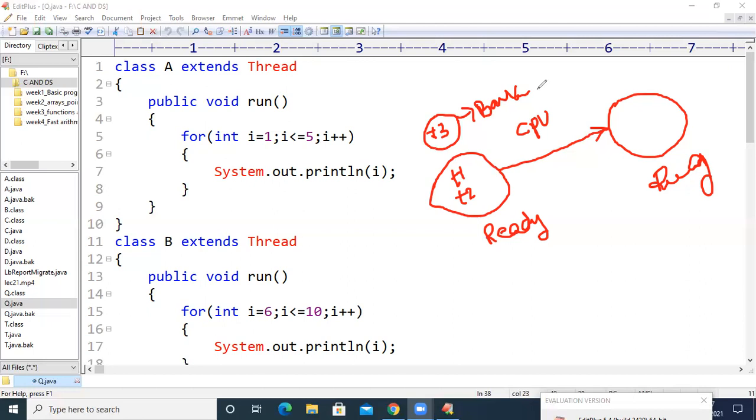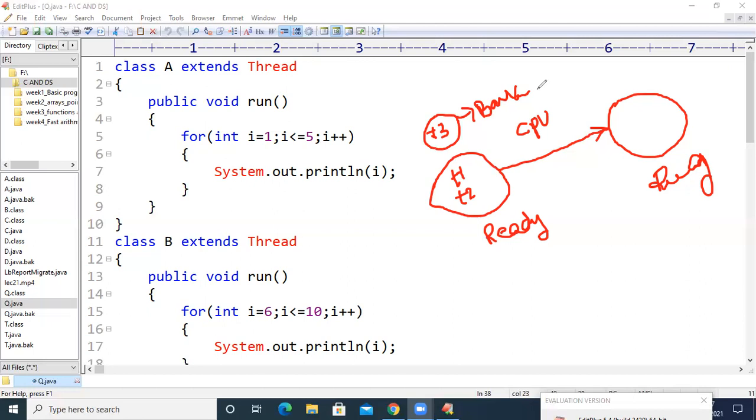We know the CPU will have some idle time in between tasks. For example, the CPU is executing task number 1, and in between switching from task 1 to task 2, there may be some idle time. During that idle time, the background threads are going to be executed. This is what happens inside the processor.